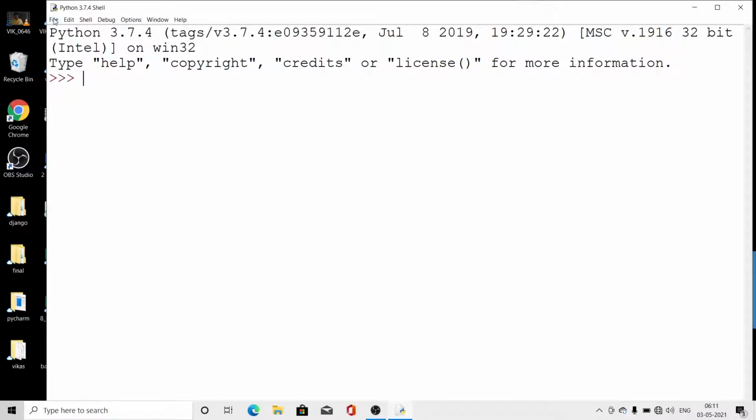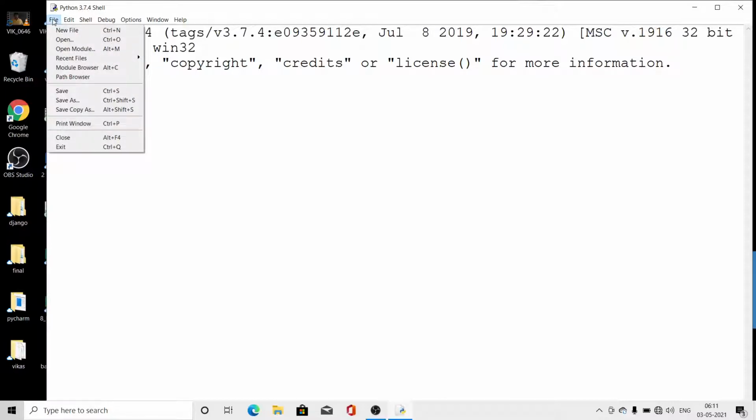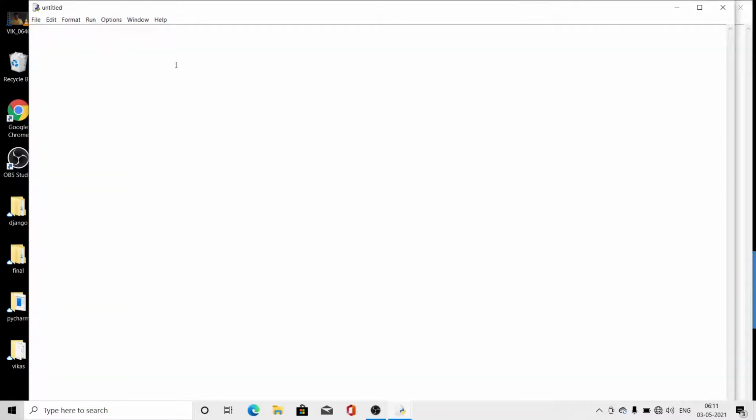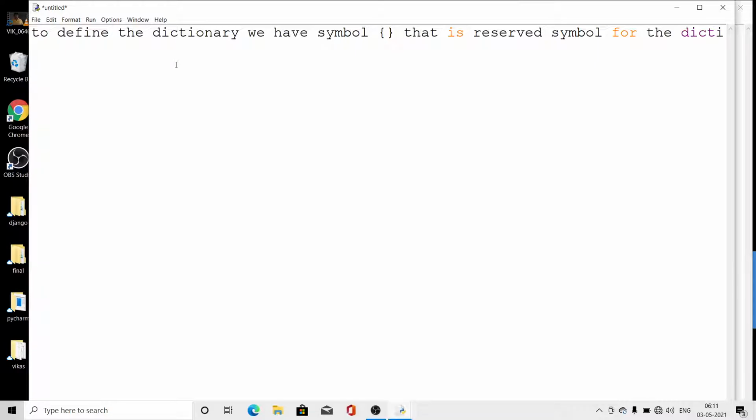So this is our IDLE. Now look here. To define the dictionary, we have a symbol, this one, that is a reserved symbol for the dictionary.